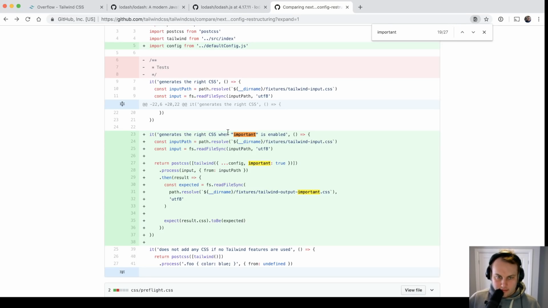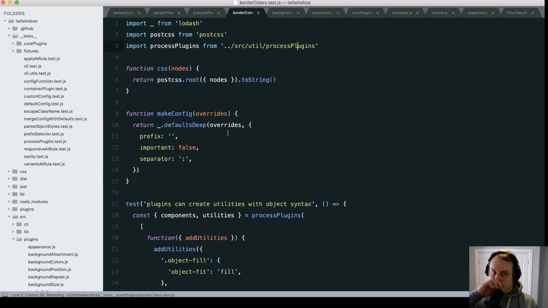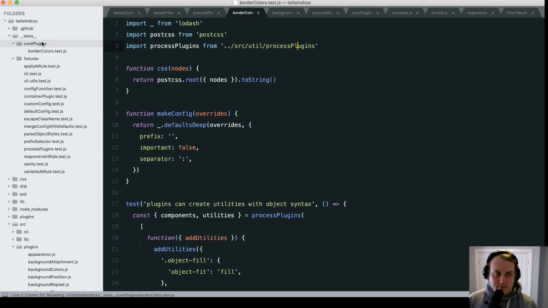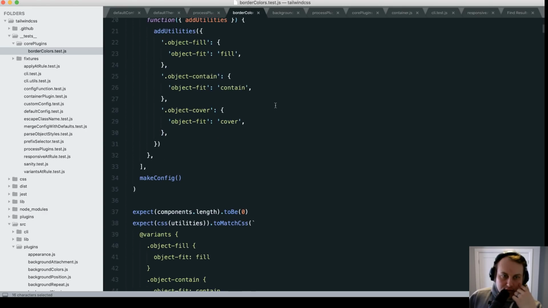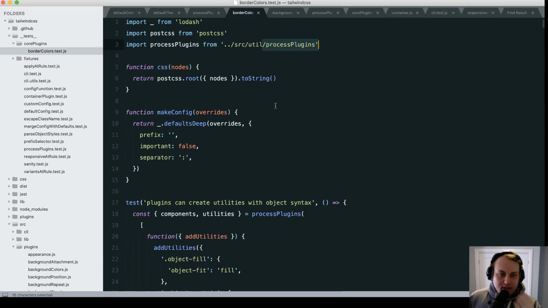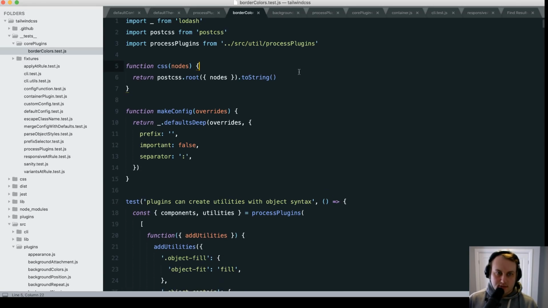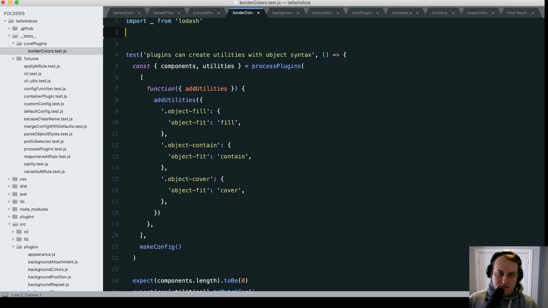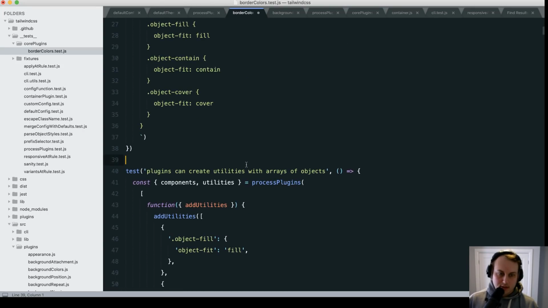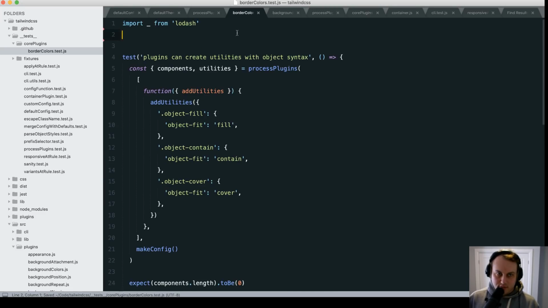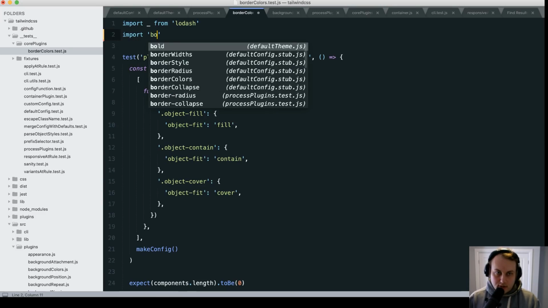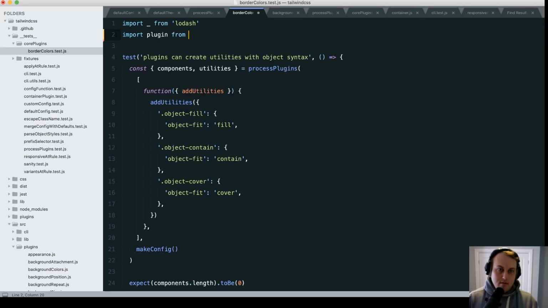Okay, let's see if we can figure out how to write a test for this border color thing. It's going to be kind of interesting because I don't really want to process the plugin, I don't think. I actually want to write this as more of a unit level test and not do a ton of insane stuff. All I really care about is I don't need PostCSS or process plugins. Basically, I want to be able to take the border color plugin, which is going to be like import plugin from